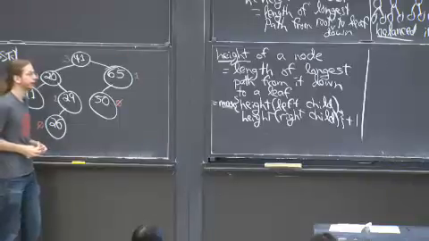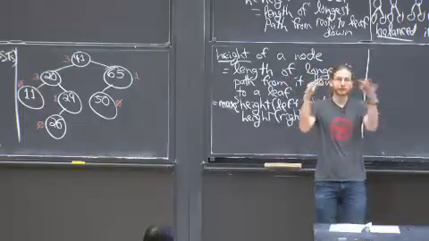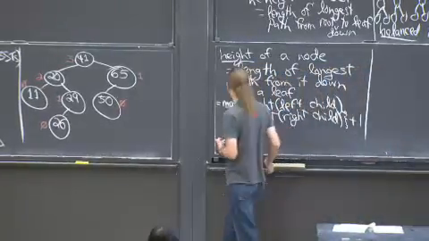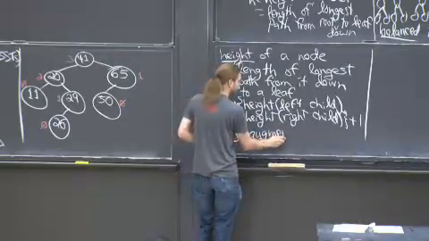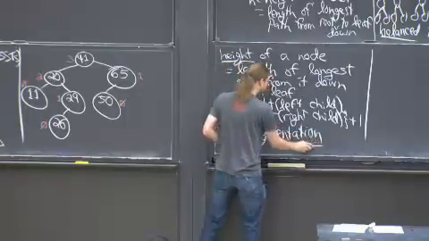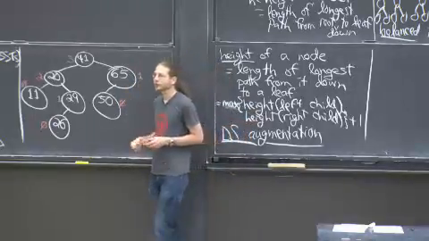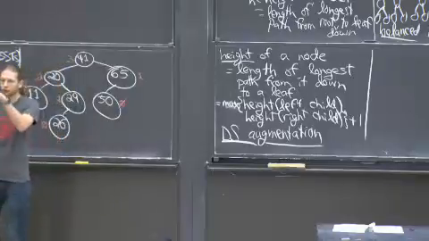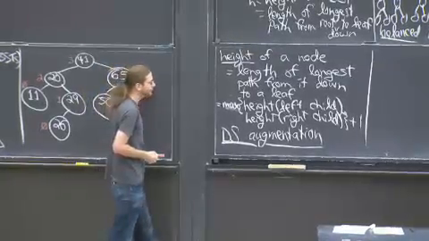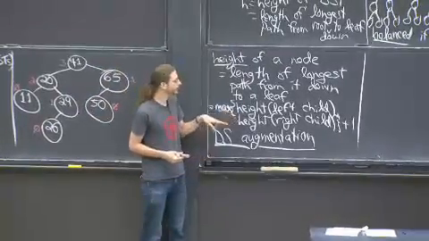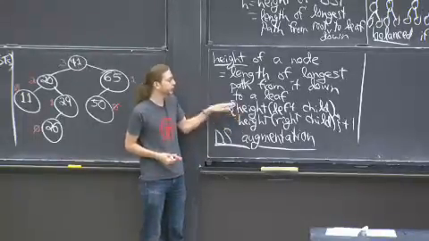And in particular, in lecture and recitation, last time we saw how to maintain the size of every subtree using data structure augmentation. In that we started with a regular vanilla binary search tree, and then every time we did an operation in the tree, we also updated the size of the subtree rooted at that node, the size field. Here, I want to store a height field. And because I have this nice local rule that tells me how to compute the height of a node using just local information, the height of its left child, the height of its right child, do constant amount of work here,